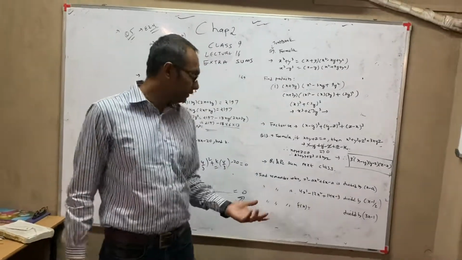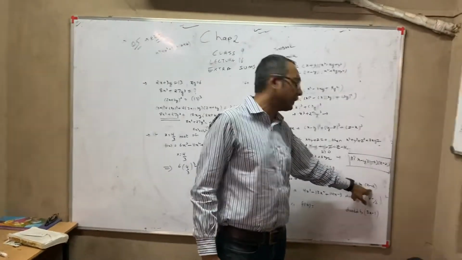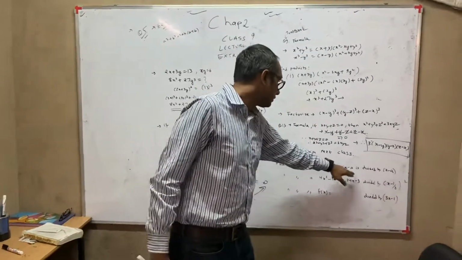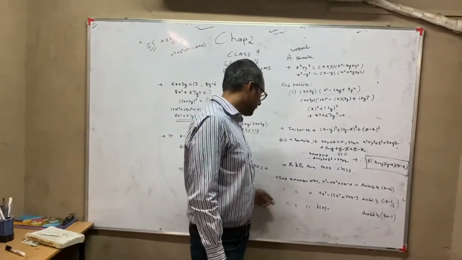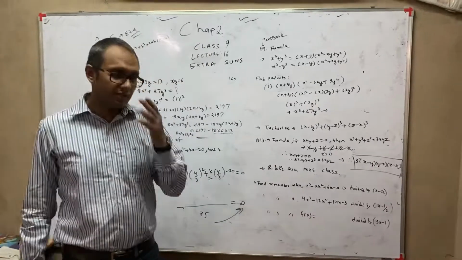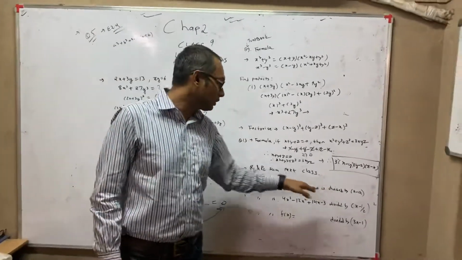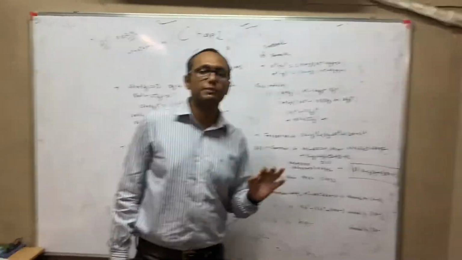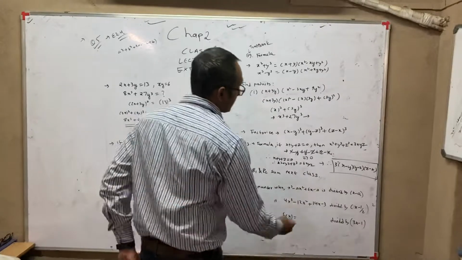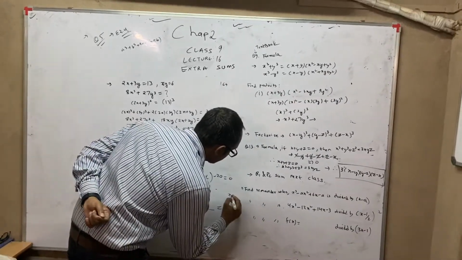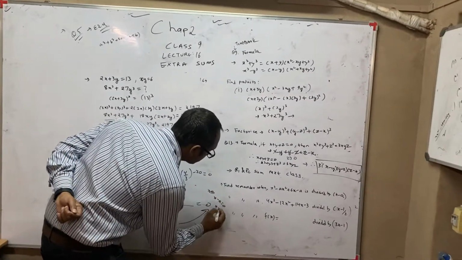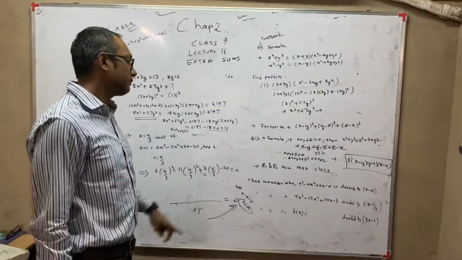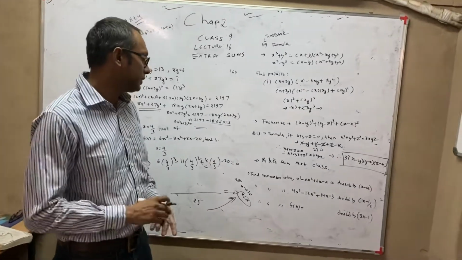And most of you have done this sum. When you are dividing by this, you find the zero of this. So x is equal to a, and then you just substitute it here, and you will get the remainder. The reason I am repeating these sums, especially this one, is that few children have done the long division and then found the remainder. You can do long division, but that is a longer method. The fastest method is x minus a equal to 0, so x is equal to a. Now you just put x equal to a in this and you will get the remainder. In 1 minute you will get it; in long division it will take you 3-4 minutes.